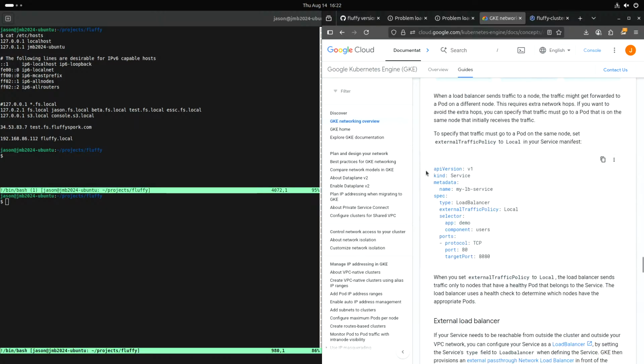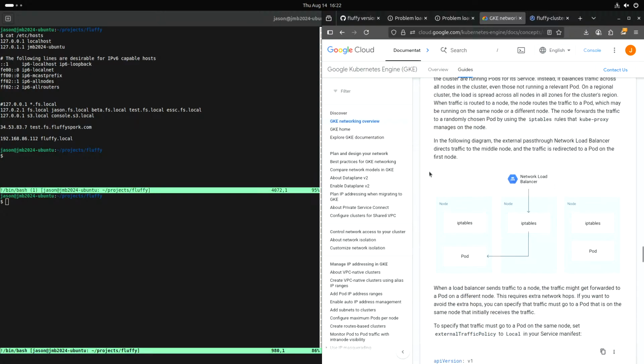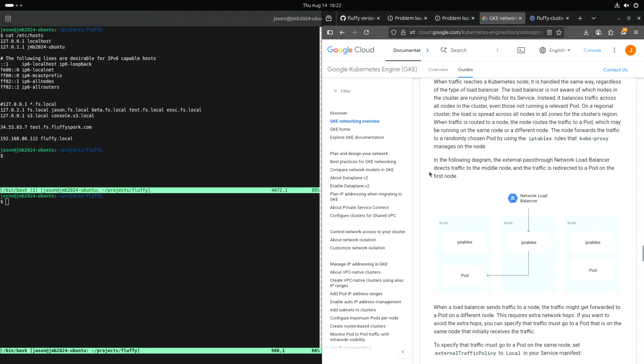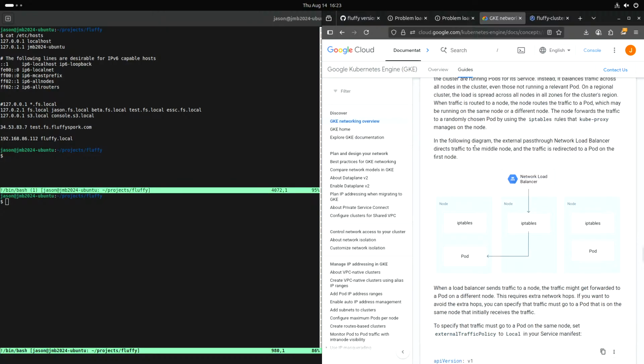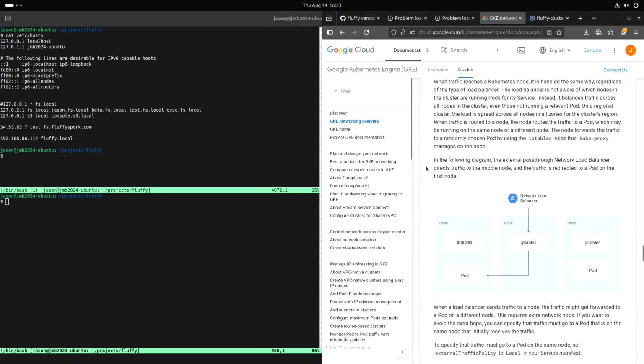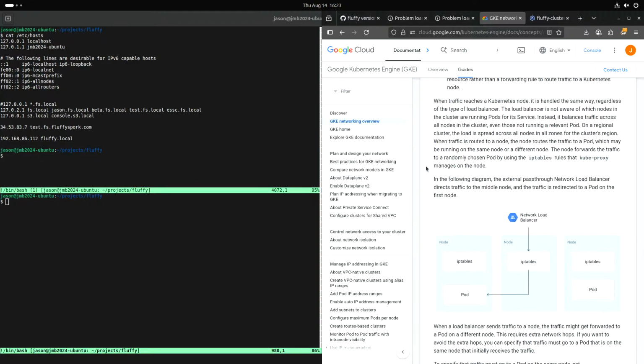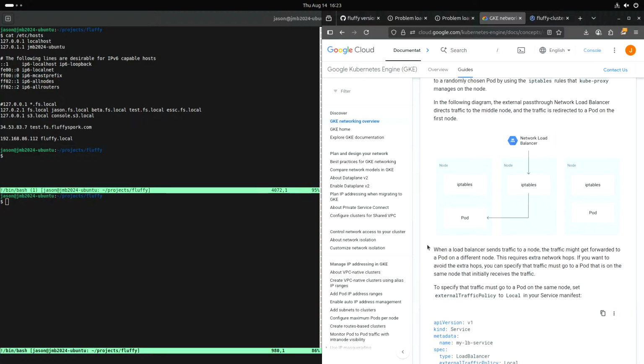Okay, I need to get past this. Yeah. So that traffic must go to. Huh? What is that? What did I just not read? Oh, okay, that's good. So kube proxy is just managing IP table rules. So like it'll set up a port forward, I guess, within IP tables or whatever from your IP. External path to the middle node here. Oh,